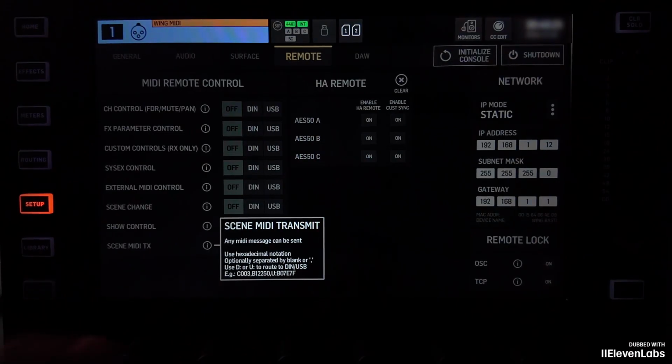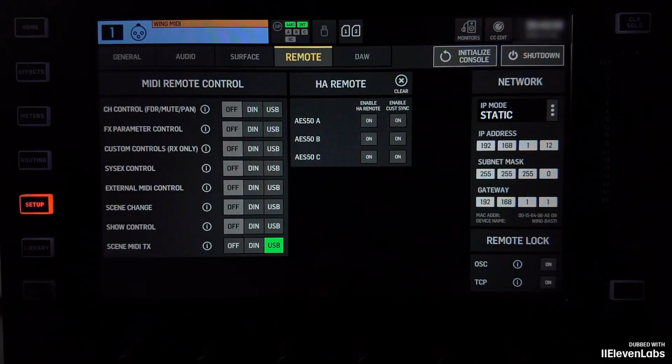This is crucial as I can use a D colon or U colon before my hex command to choose whether it should be sent to the DIN sockets or the USB interface. This means I can send each command individually from the console and I'm not bound to DIN or USB. So someone who has connected both USB and DIN to the console can also send signals to both interfaces.